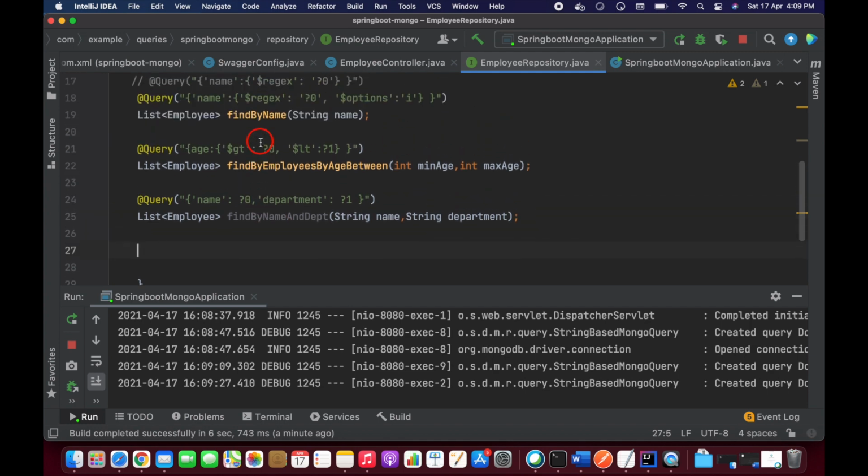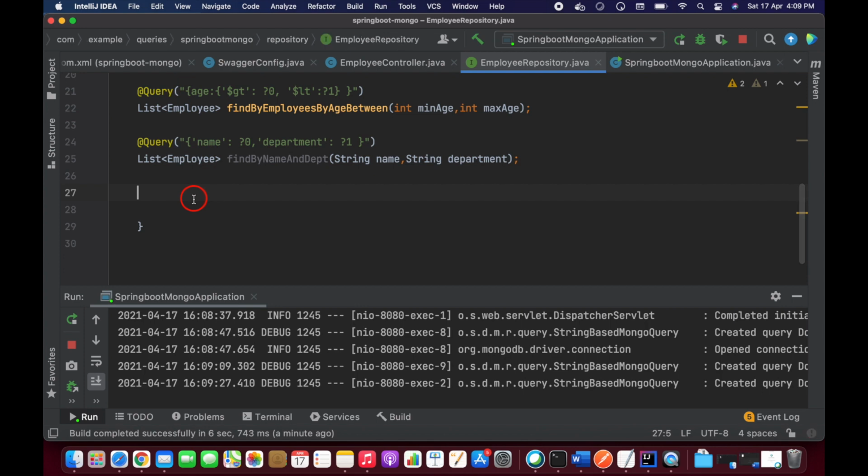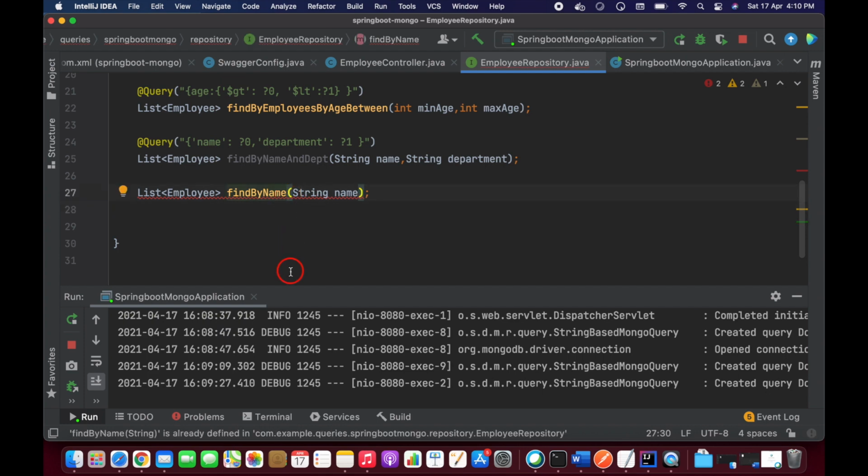So how we are going to write another way is, let's say here we have find by name, right? Let's copy this same method and add here, and without adding this @Query, how are you going to write it? We have some predefined keywords. By using those keywords we can write it.